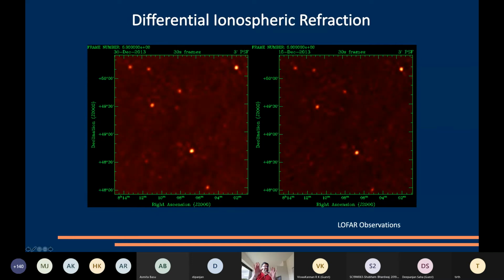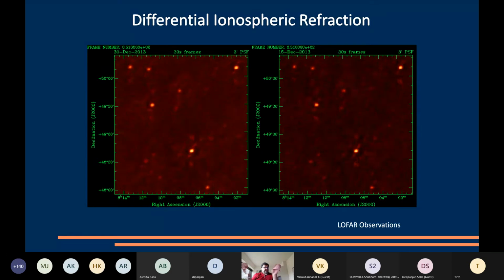two nights observing the same field of view. So the same bunch of sources in the same parts of the sky observed by LOFAR. This is a quiet day on the left, and you can see something is moving in the background, but not disturbing the sources at all. But the same field observed during terrible ionospheric activity, and you can see the ionospheric disturbances, the traveling ionospheric disturbances, are actually making the sources appear to move. So these are snapshots every 30 seconds. So you have to make the image over a few tens of minutes or maybe more.